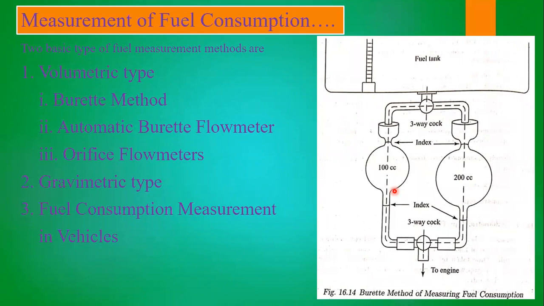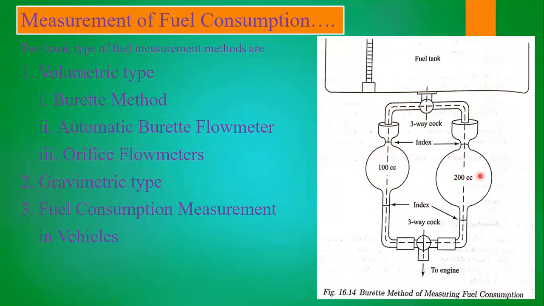Then only is the fuel consumption we have taken at a particular speed going to be the same at any condition. So that's why, whenever we have filled these glass bulbs, we stop this three-way cock, which means no fuel gets into these glass bulbs during the consumption of fuel by the engine. Now we start the engine, and 100 cc of fuel is going to be consumed here, and we record the time. Whenever we start the engine, we start the timer, and note how much time it has taken to consume this particular 100 cc of fuel.